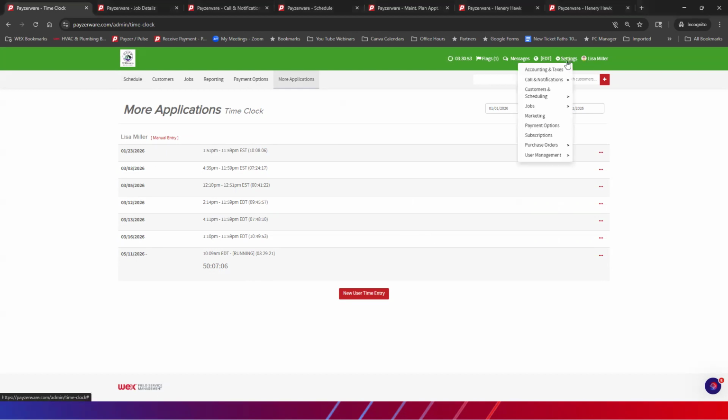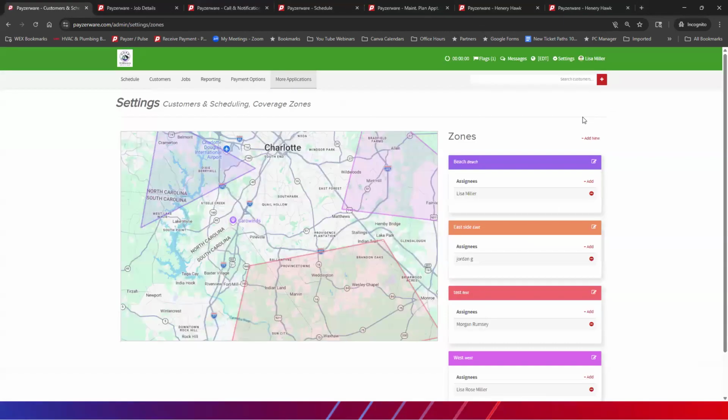Oh, I did remember one more thing. Okay, settings, customers and scheduling, coverage zones. If you do not use coverage zones, you may want to look at these. And there are articles on how to do these and how to get these done. But when you create a coverage zone,